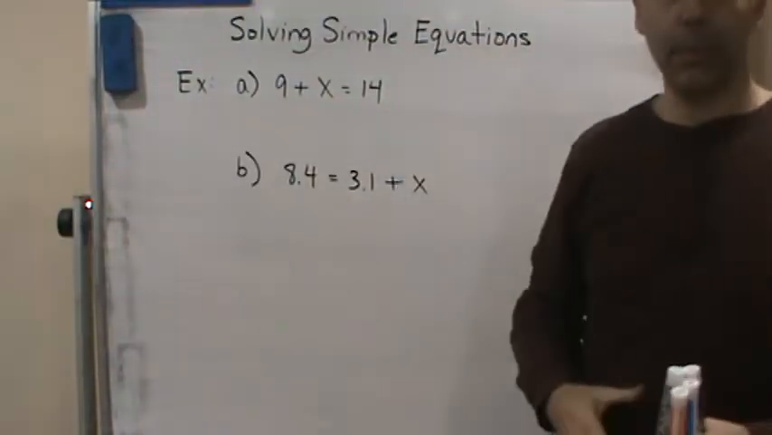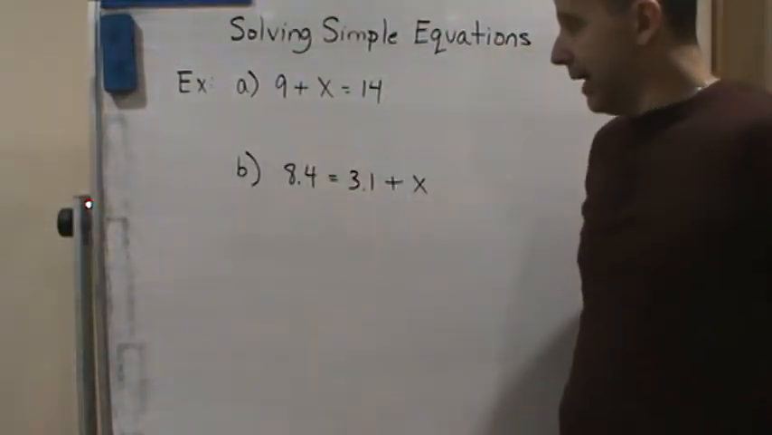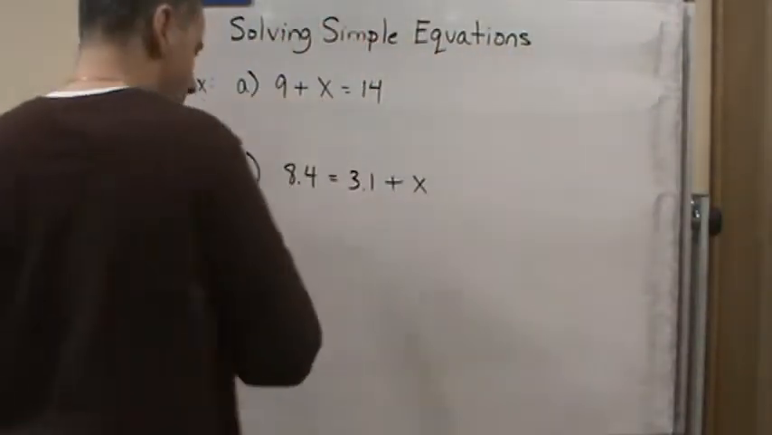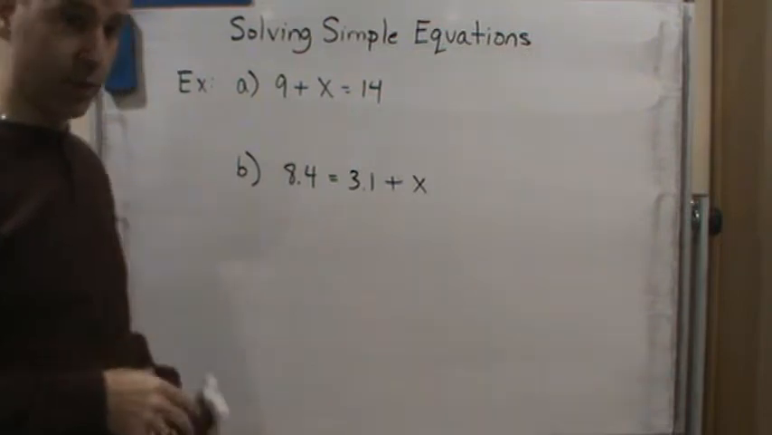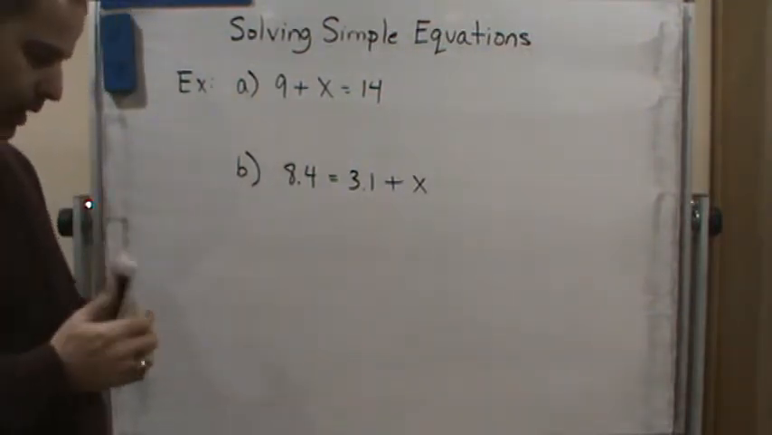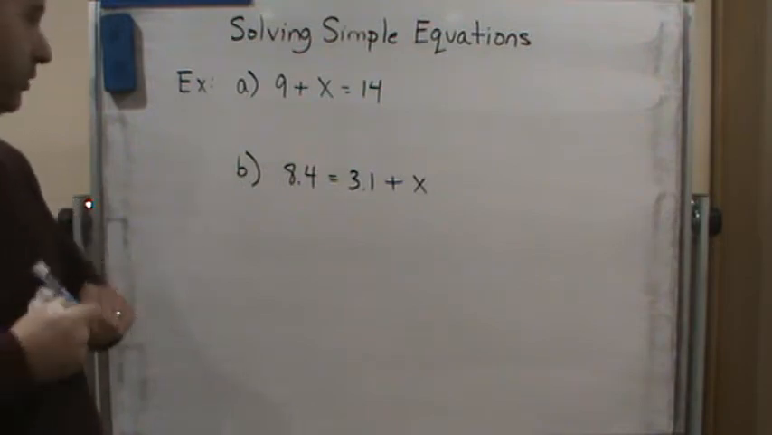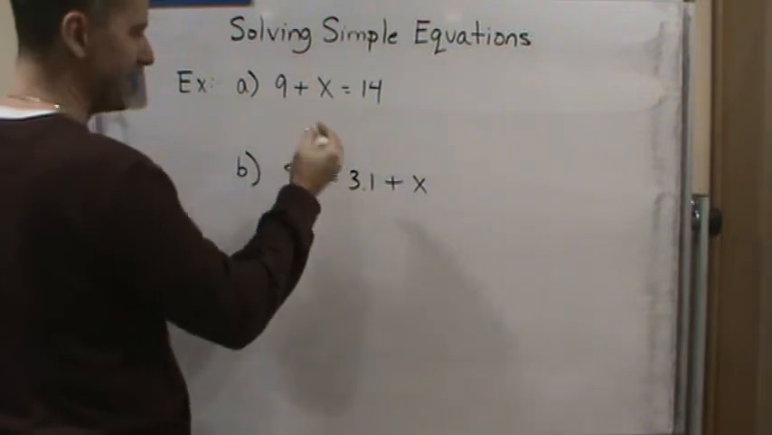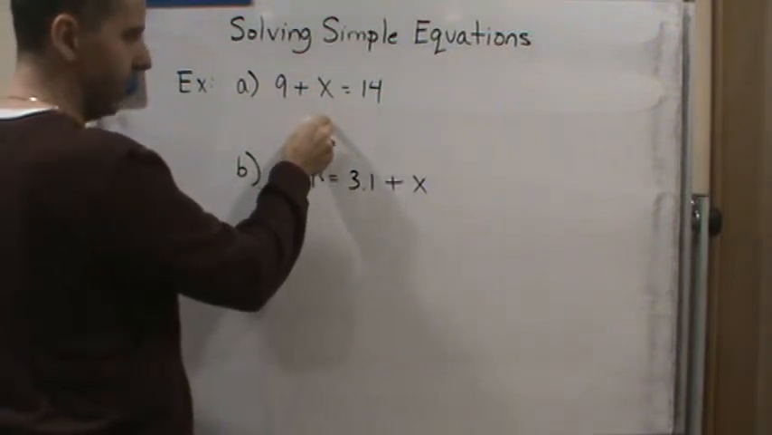Okay, so let's do a couple of other examples here. I've picked a couple of examples that are a little bit different so you can see a couple of ways that we're going to use the addition property and the equality property for solving equations. To find a solution for x, we need to isolate the x on one side